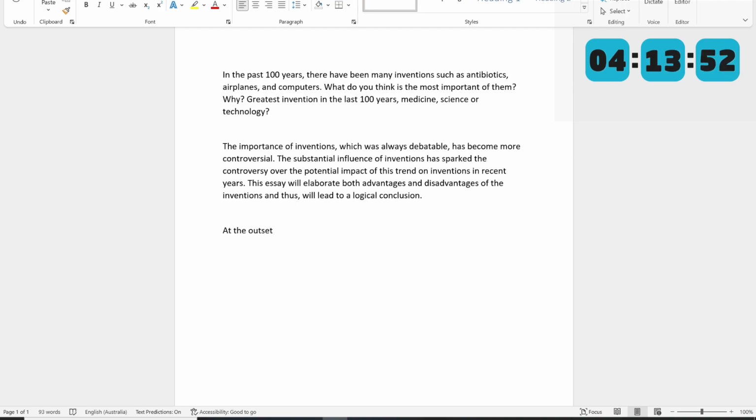At the outset, there are numerous reasons why inventions... Now, if I just leave it like that, "why inventions" is an incomplete sentence. So I'll just make a small sentence here. At the outset, there are numerous reasons why inventions are important,